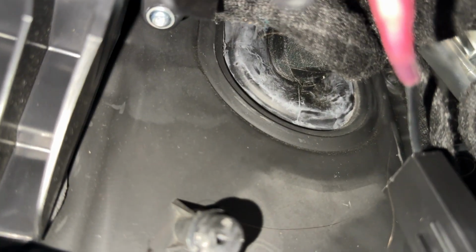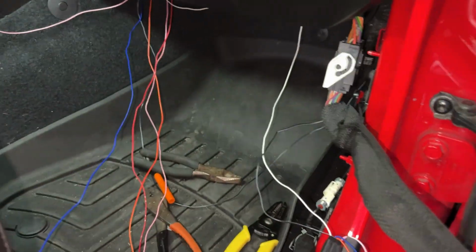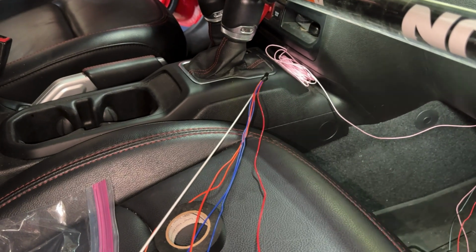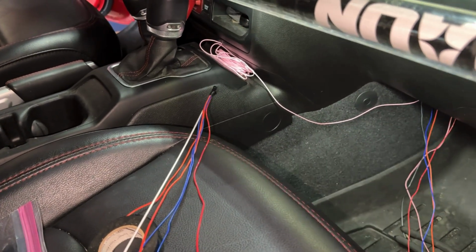Alright, so it's a little difficult to see, but I'm gonna try to do this one-handed. If you see this rubber grommet right up here, that's where we're gonna be routing our wires through. It'll come out, it'll go through the firewall and come out under the engine bay. So I'm gonna work on getting those routed now. Got them separated and organized as best I can. Got them taped to the end of a clothes hanger, and so that'll help, like a fish tape, kind of